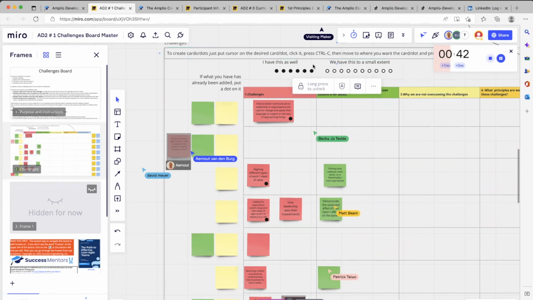By the way, if you like Control Z before, you will really like it in the Miro board. So the thing is, if somebody else has the issue, mark it with black, or if you have it to a small extent, you can mark it with a white. Then we're starting to see what the problems are.